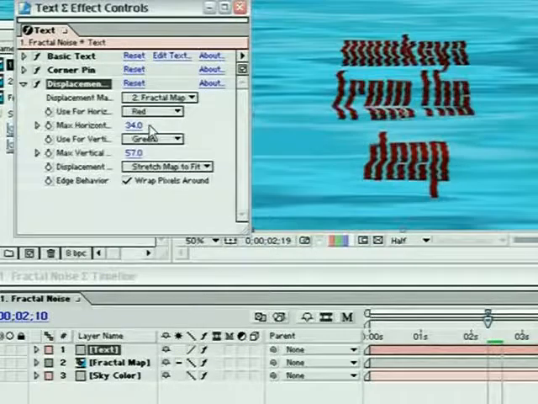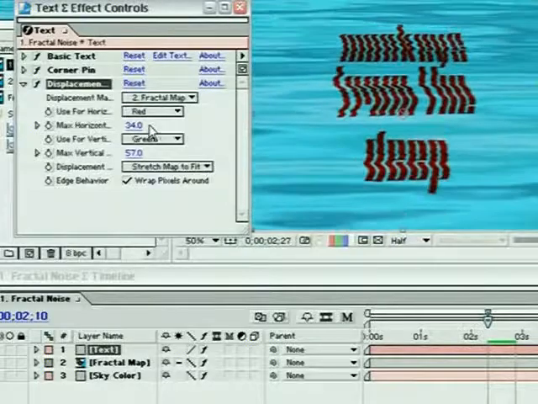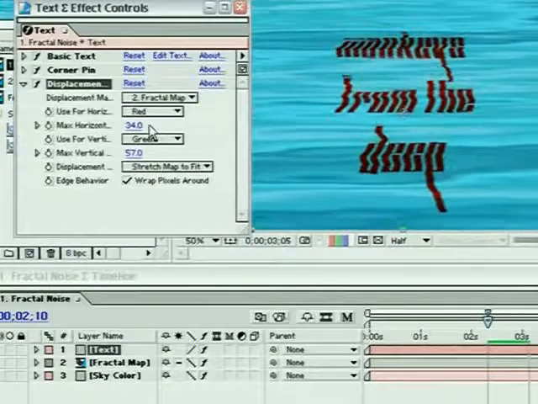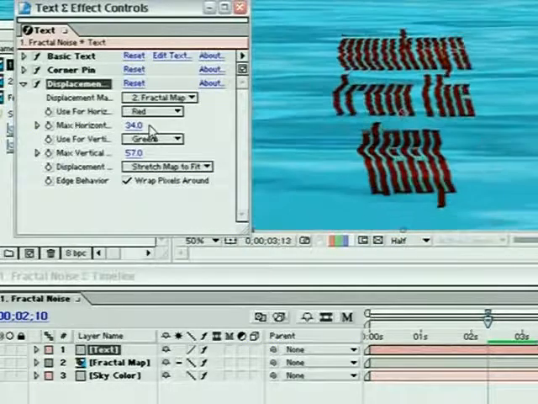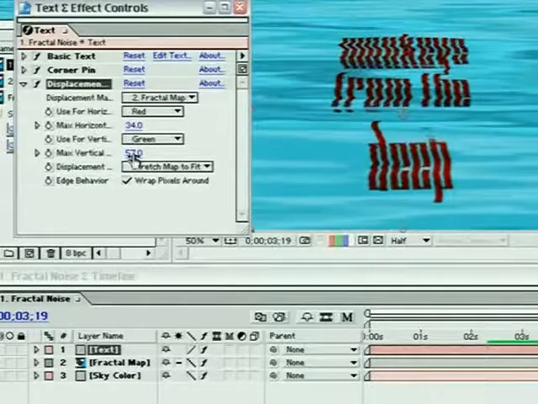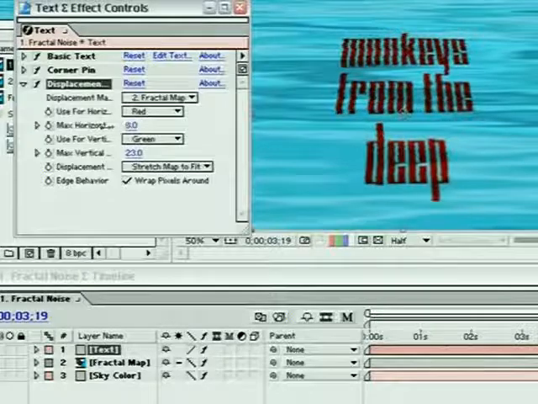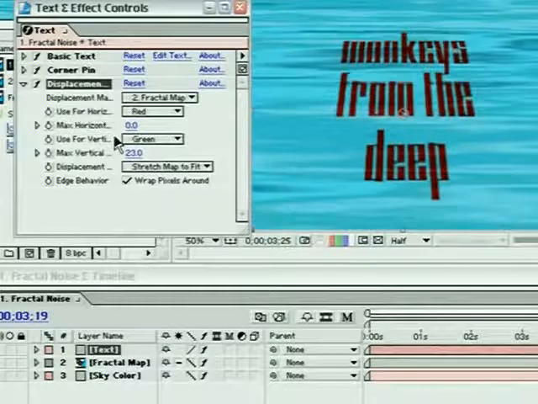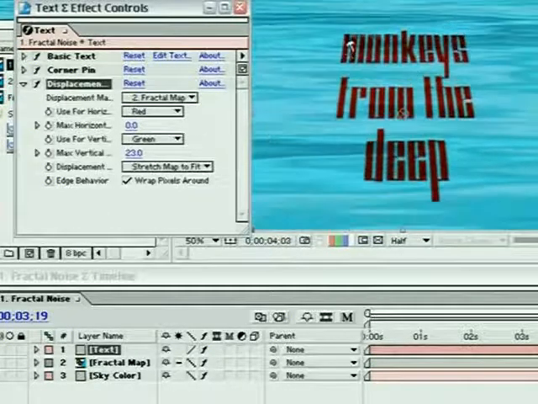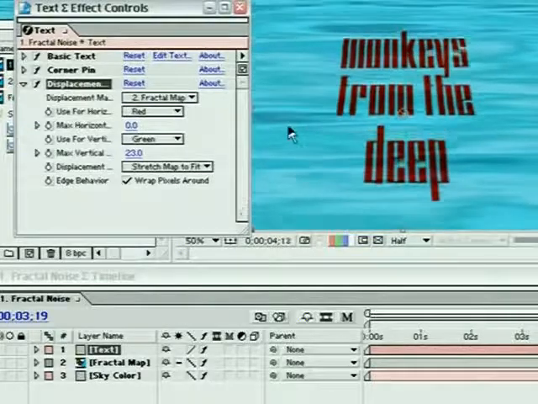And the results are a title that may be a little more difficult to read, but definitely looks like it's floating on the surface of our liquid. As before, fine-tune to suit your tastes. Might not want quite so much displacement. Just a little bit of gentle displacement might be enough to show us our text being distorted on the surface